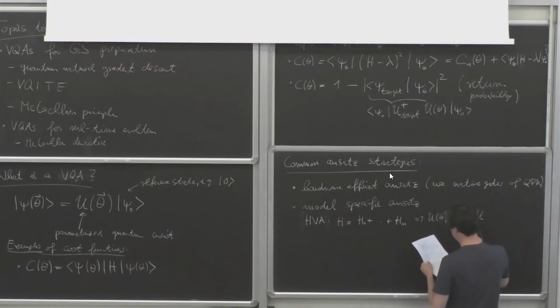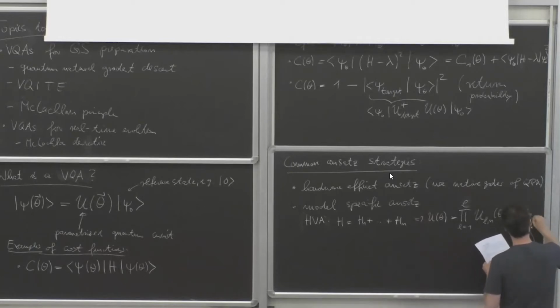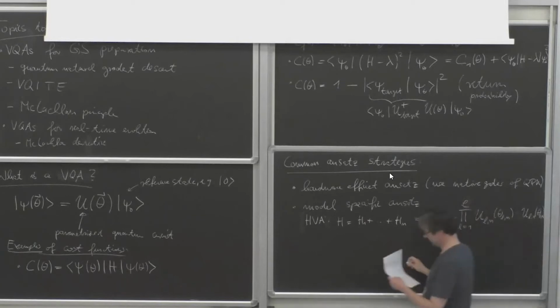Okay, let me write it first. Typically you repeat a given layer. So let me write the equation and then tell you. Okay, I'm not good at this anymore. Okay, so the idea is this is a product of different layers, but in every layer you're going to have, okay, I should say what U is, right?